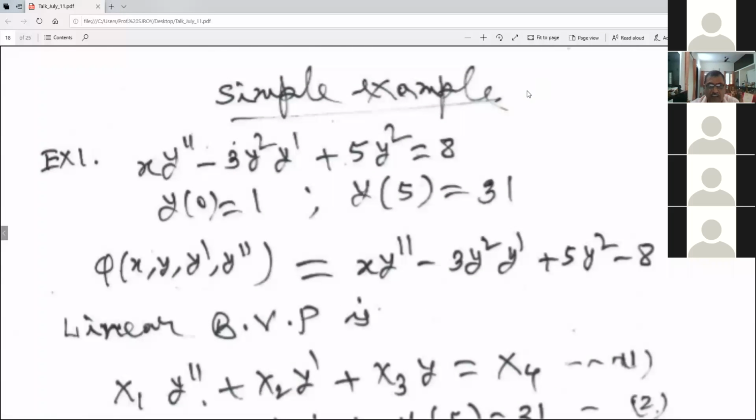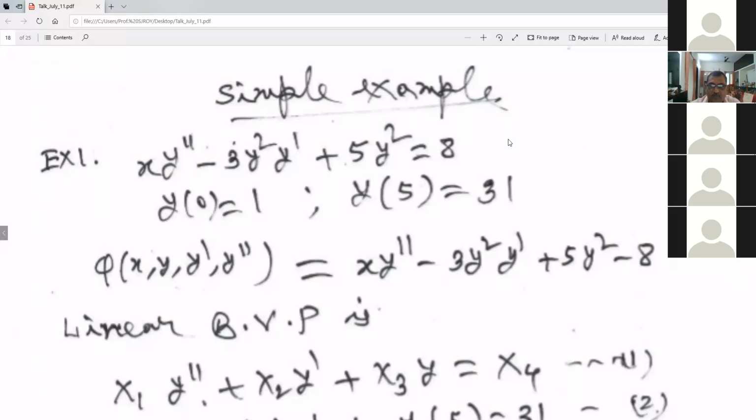You just create an example. You take y and differentiate and create an example and try to solve. And the linearization technique, here we assume, you will get all the references in our research paper. Yes, here we are assuming that this phi is a smooth function. Partial derivatives exist. This type of equation you also see is so complicated, you can't even solve that. You don't take root over 1 plus y square, all that is not required. That much we don't get practically. Smooth function means partial derivative exists. These are all polynomial functions, so partial derivatives all exist.